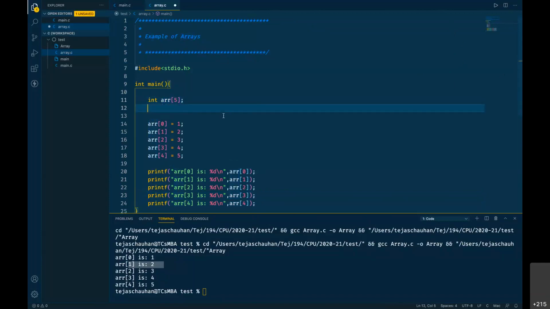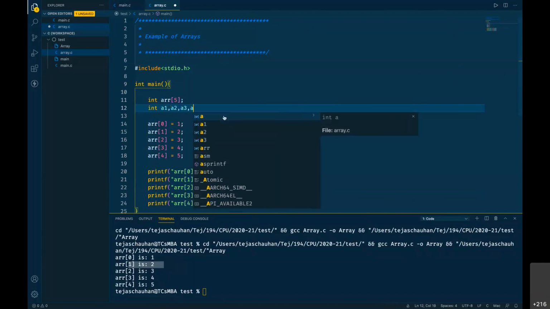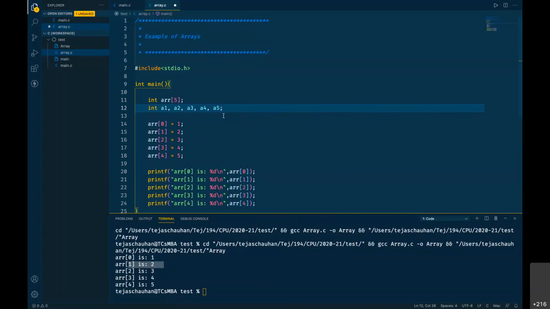Otherwise, you would be going for something like this: A1, A2, A3, A4, and A5. This is how you would be declaring your variables. Now, this is okay if you have 5 to 10 values; you can declare 5 to 10 variables. But what if you want to store 20 values?